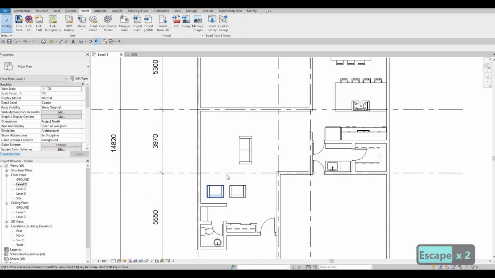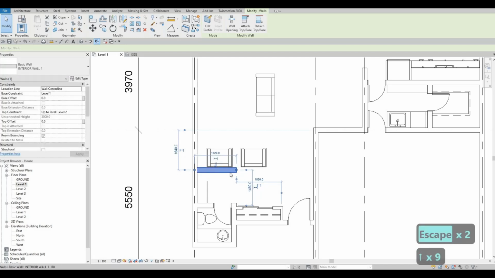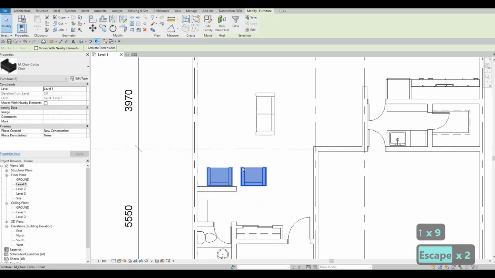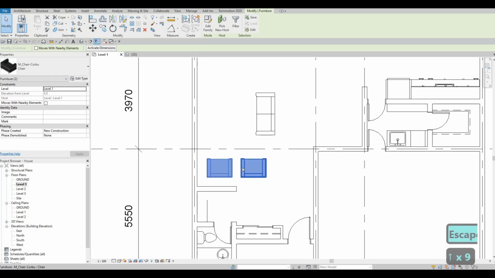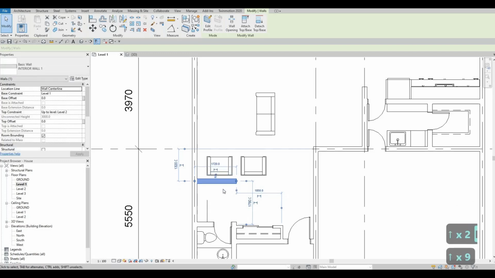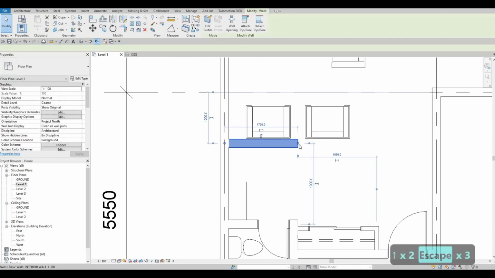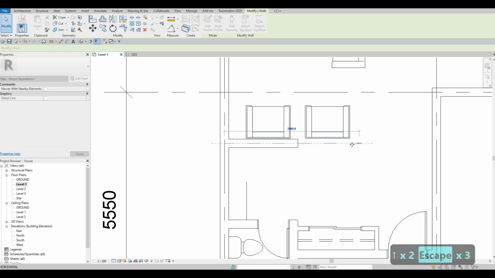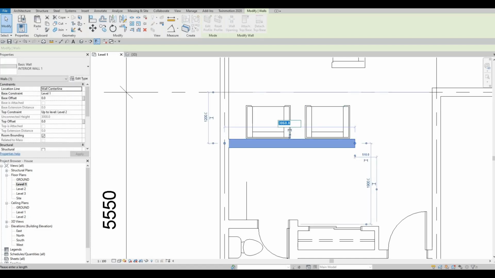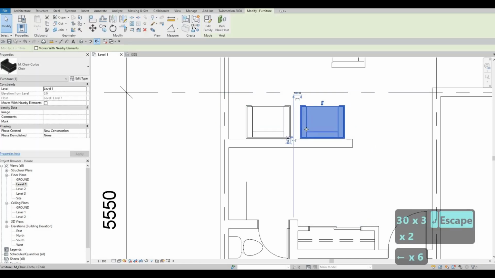Then obviously we could extend this more. I like to extend this in order for us to have a credenza on this. So I'm just going to put this one around 1200 from this line, which is the C grid. So that is a nice addition, and then this one is around 3000, which will be good enough. So 3000, and then I'm just going to add it right here,